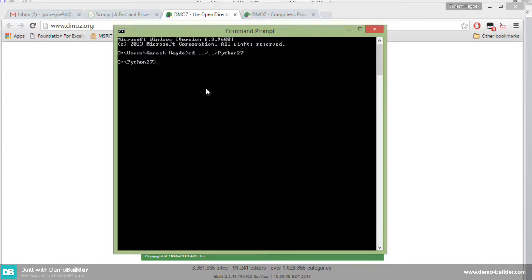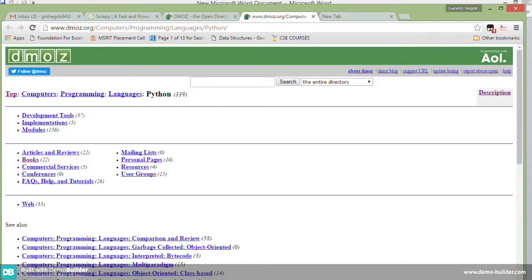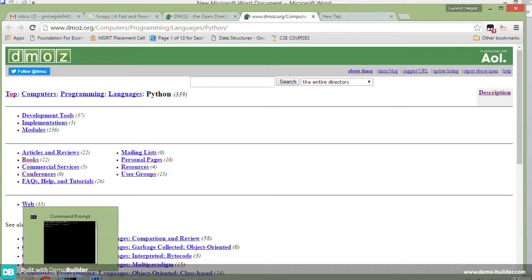Now, for the first steps in web scraping, we need to know some things before we start the demo. First step is to define the item we need to scrape: decide what to extract, for example the title, links to the next page, and the description of that title and links. The next step is to define the spider, deciding the crawling strategy. There are several spider strategies, so you need to look at all of them and select one proper spider. The next step is to open command prompt and start the demo now.